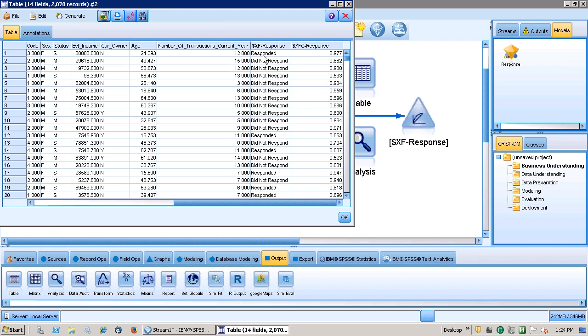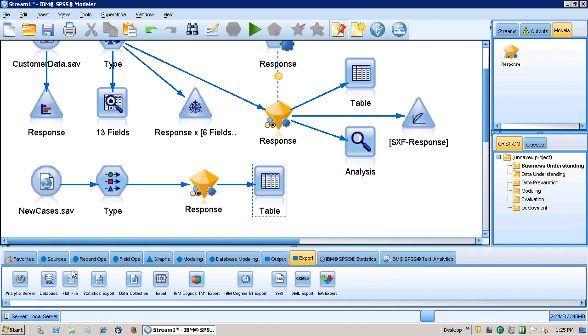So now what I can do is limit my data to those that are going to respond, and set the thresholds that I want as an acceptable criteria. This comes back to your business rules. If it's 90% accuracy, 80% confidence, I should say, what is the confidence level that you want to act on? And once I have that, I can now go ahead and export the data. So if I'm writing it back to a database, or if I want to leverage,